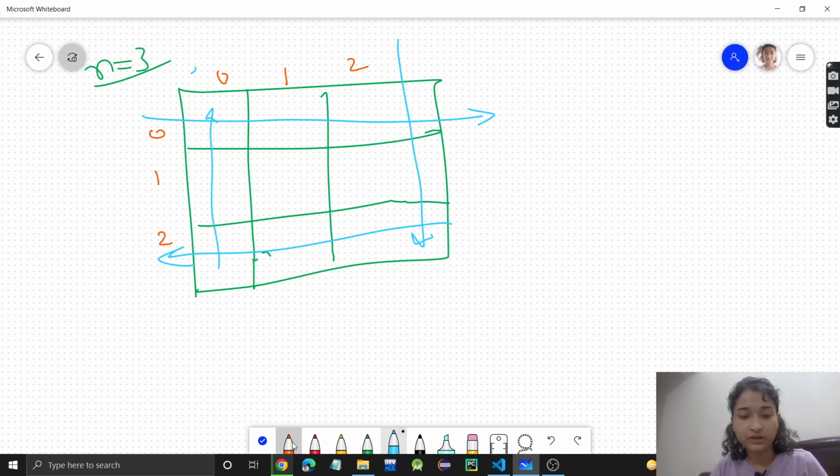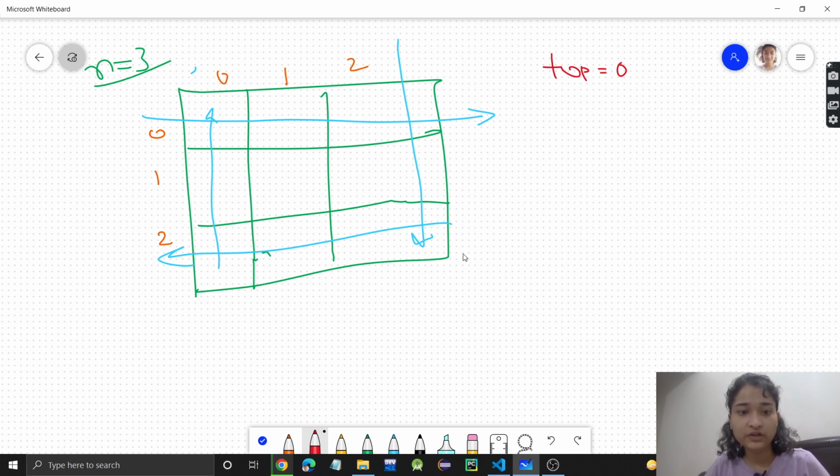So for tracking rows, I will be keeping a variable top. Initially this is the 0th row, so the initial value of top will be 0.